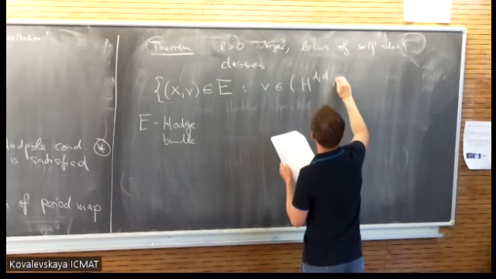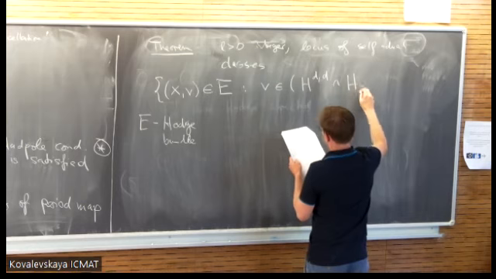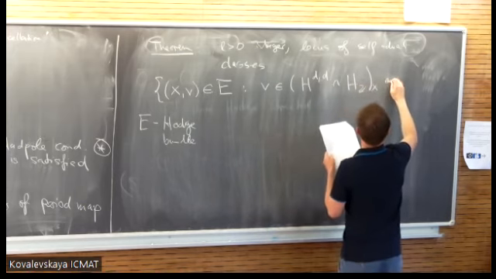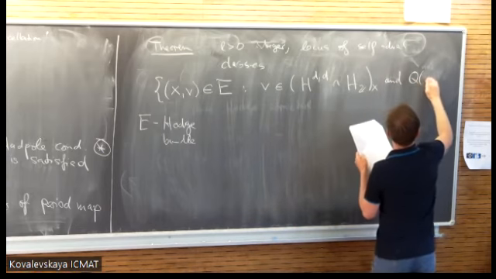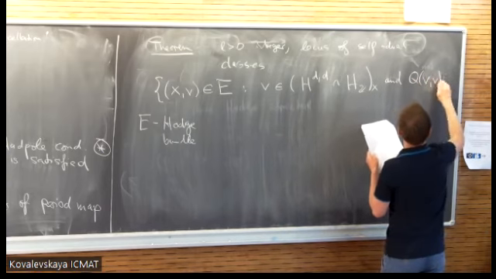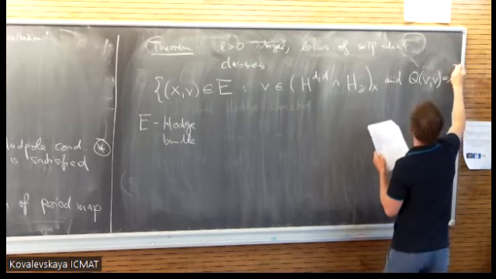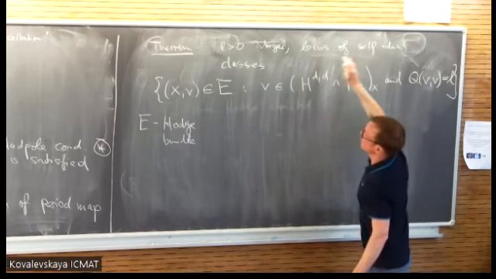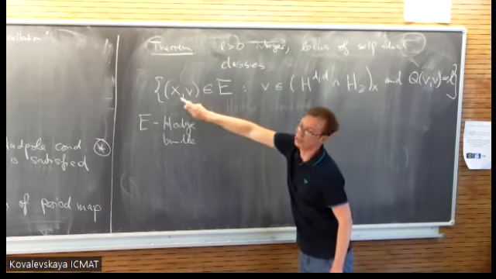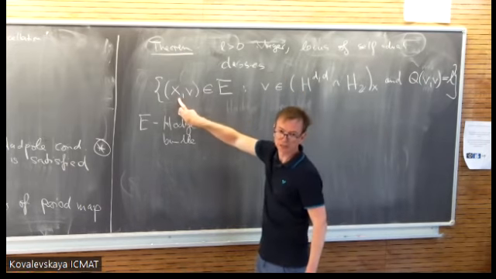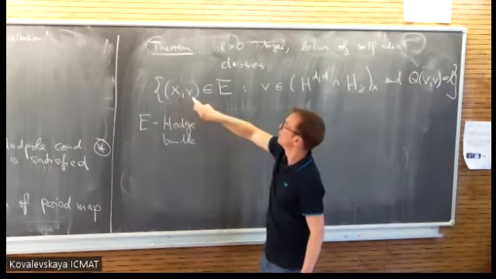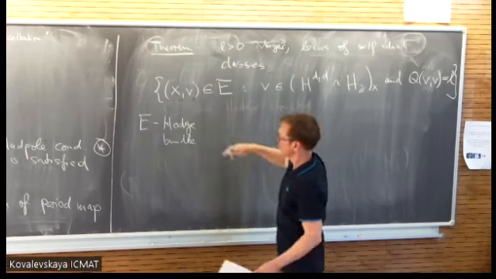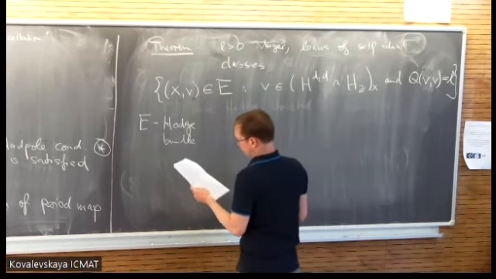Then any element inside this, which has the property that Q of V, V is equal to L. So now we have the locus of self-dual classes, namely all combinations of points in the base, points in the moduli space, and fluxes. These are the fluxes, the V's. This locus